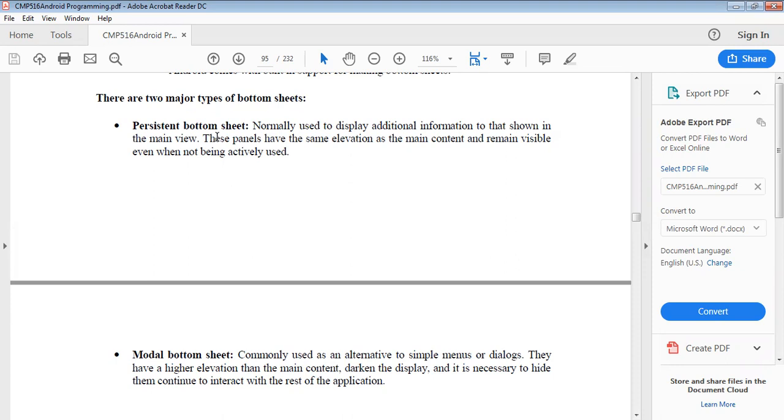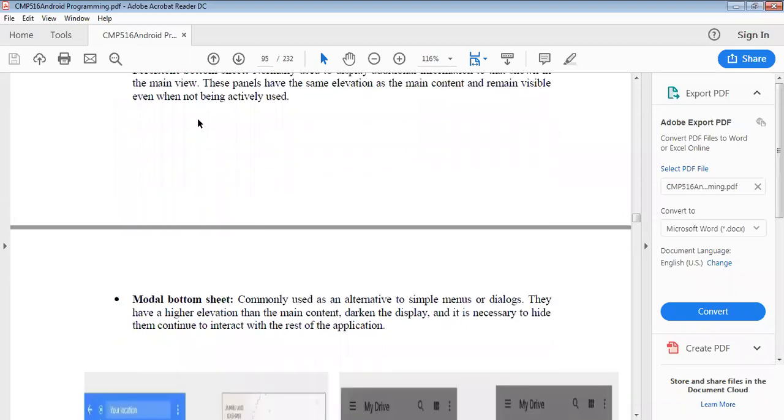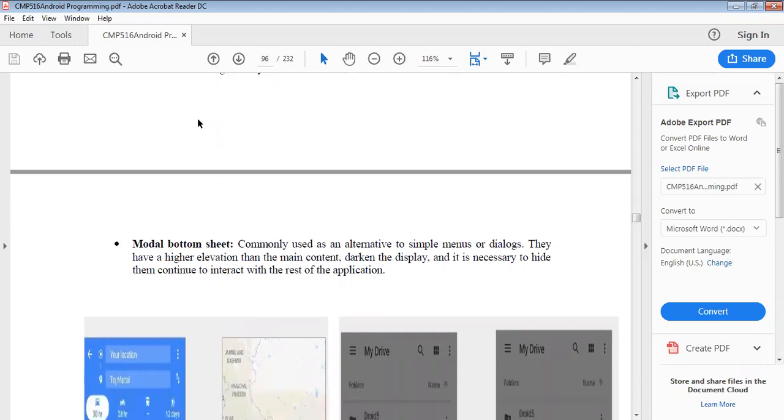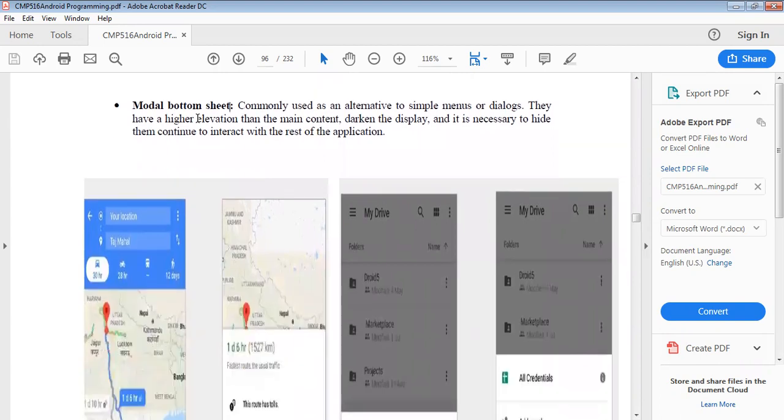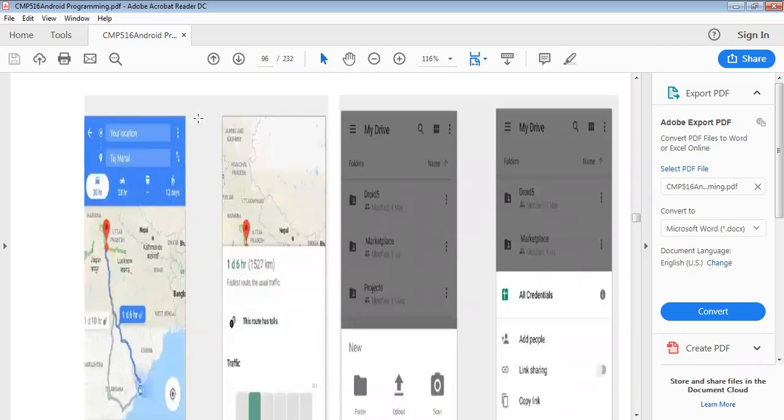Next we can see the modal bottom sheet. So what is a modal bottom sheet? The modal bottom sheet is commonly used as an alternative to simple menus or simple dialogs also. They have a higher elevation than the main content, darken the display, and it is necessary to hide them to continue to interact with the rest of the application.